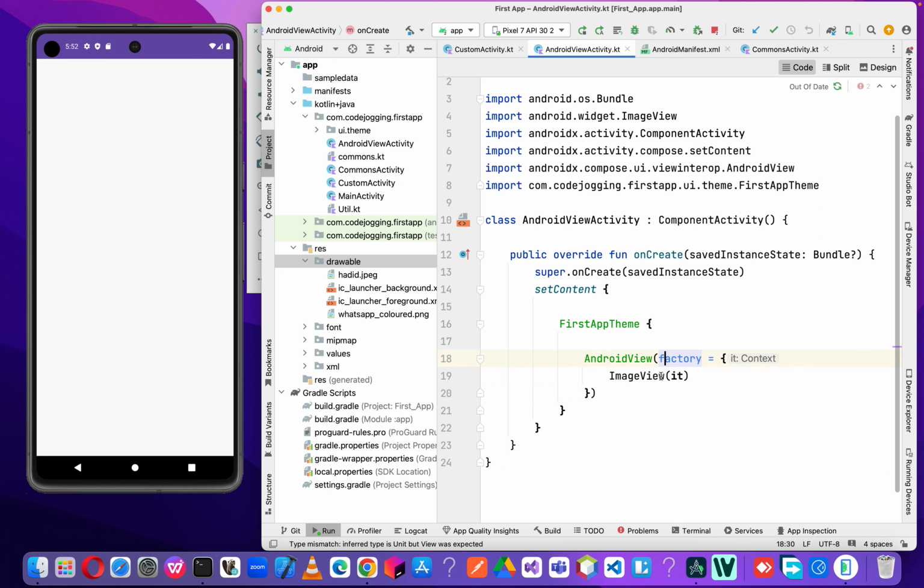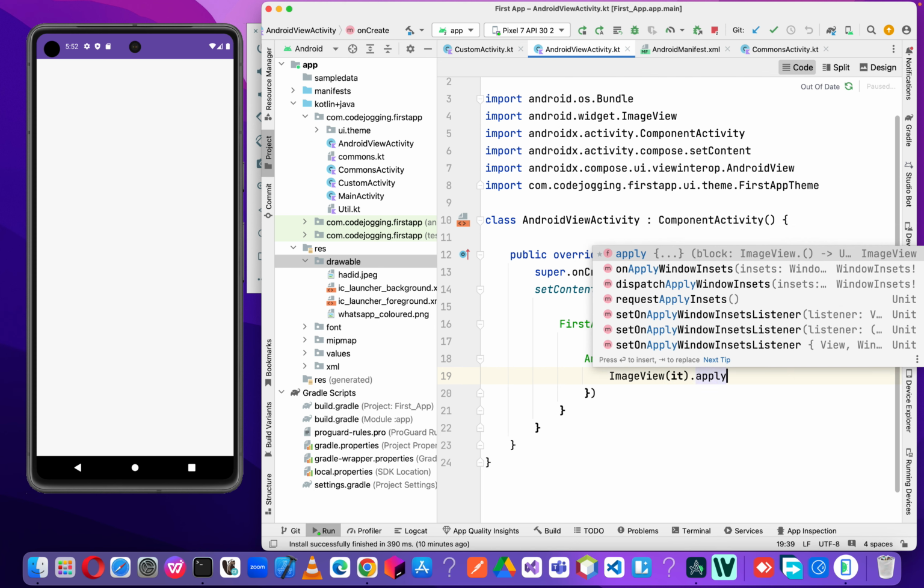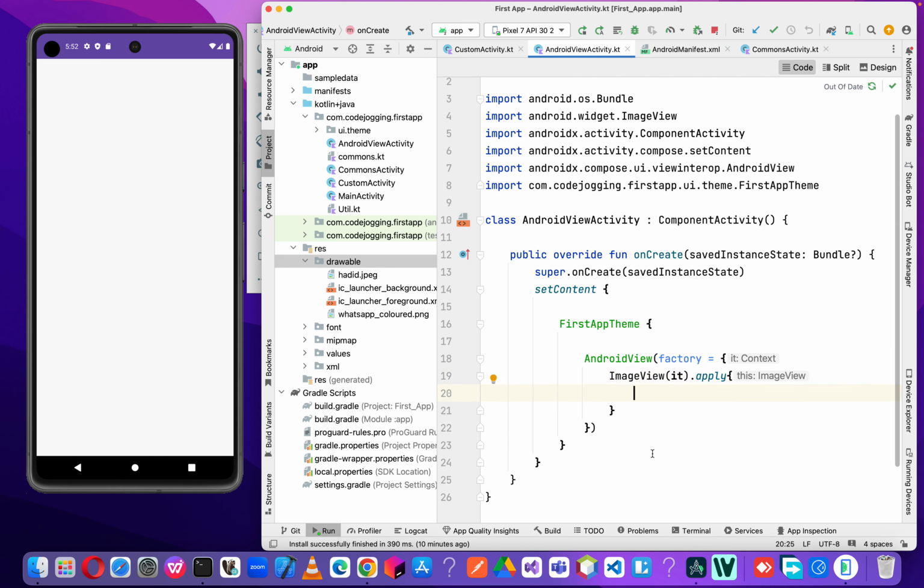But if we try to execute our code, there's no image that we are going to display. It's likely we might even run into an error. Okay, so let's set our image. We can use apply here. Okay, so since we've used apply here, we don't need to call the image view function again. So we can go ahead and then